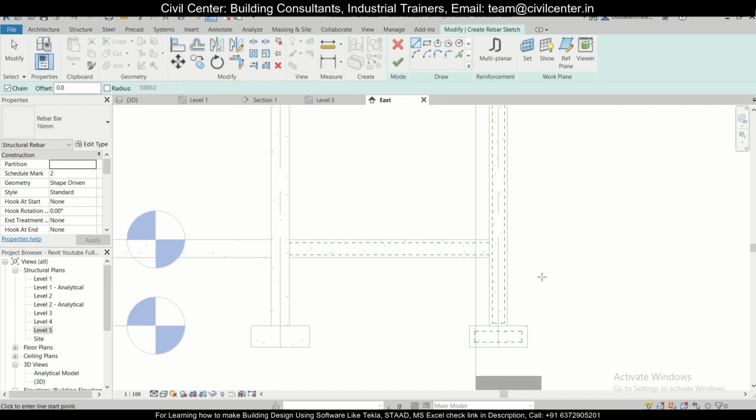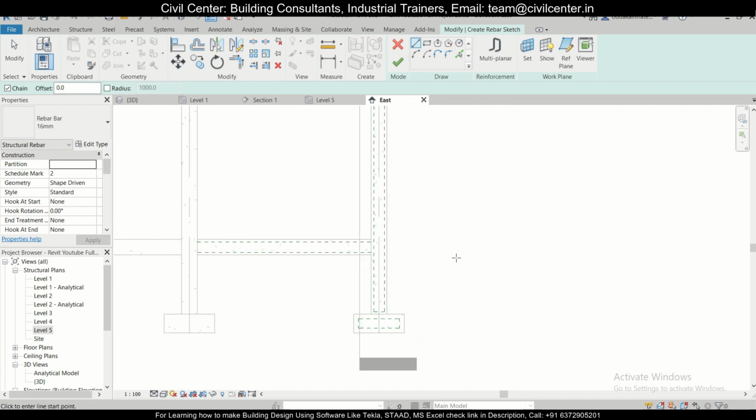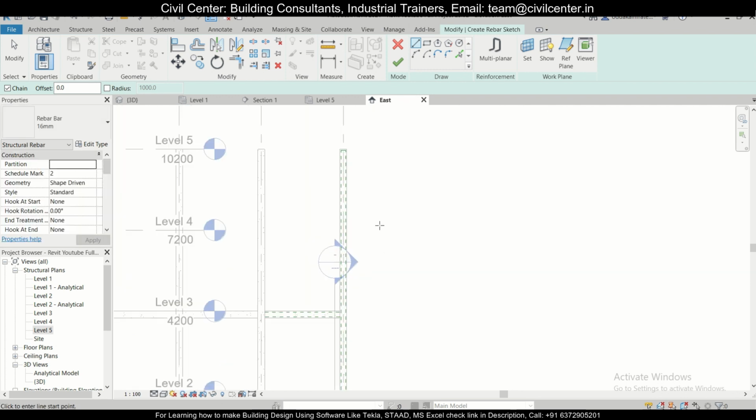So this is the east view of the particular column which we have selected. So let's work around this particular view.